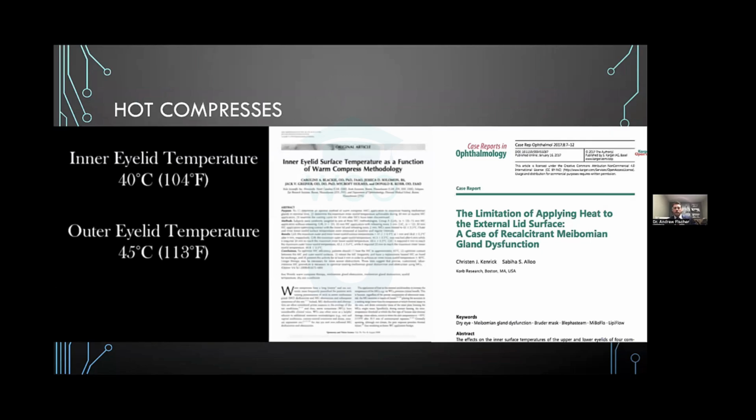As far as the heat masks go, there are some limitations to that. And like I said, a lot of it is just complying and doing the mask on a regular basis. But you can see on this left side here, there is a big difference in temperature between what we hit on the outer surface of the lid, right under that mask, versus the heat that's transferred all the way through the several layers of tissue. The eyelid's not a super thick tissue, but you can see in the study, we lose about 9 degrees worth of heat by the time that heat gets to the inner lid.